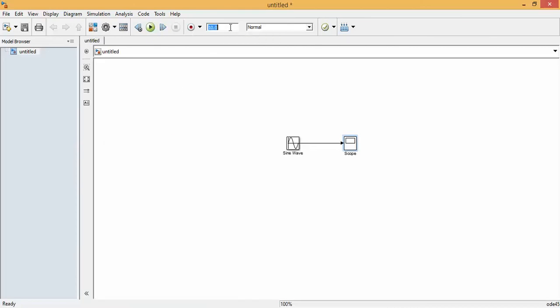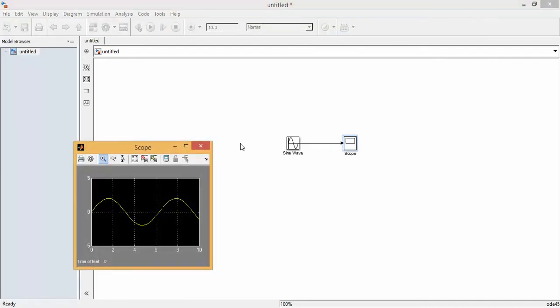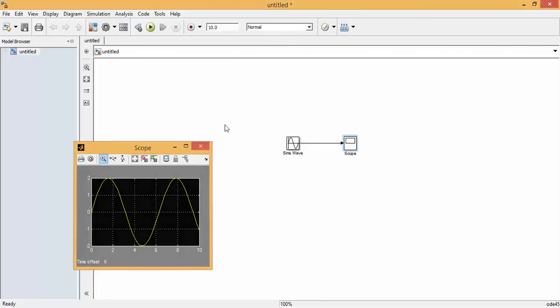This is the number of samples. It can be infinite too. I'll just play it. You can see it's taking time and running. You'll hear a beep sound, and when I double click this, you'll get a sine wave. Isn't it interesting? Yes, it's still more interesting, but